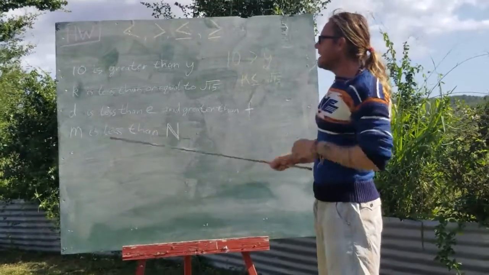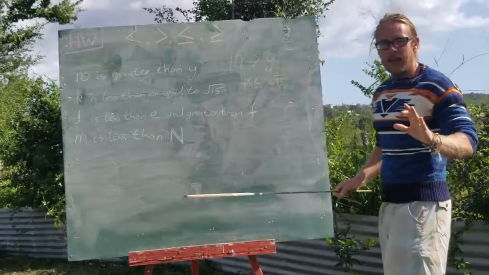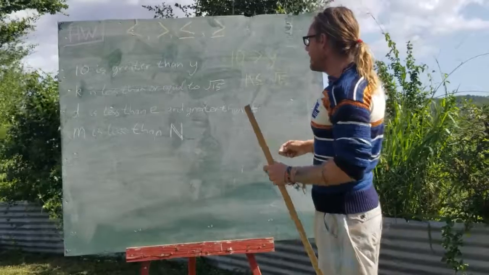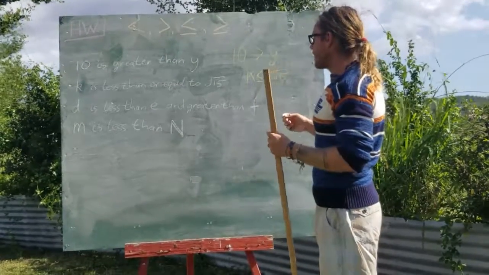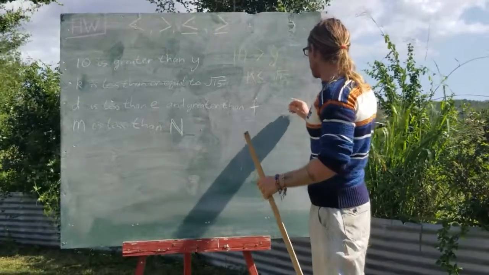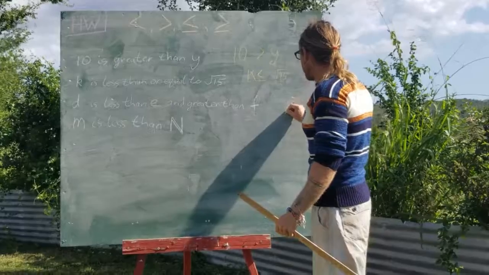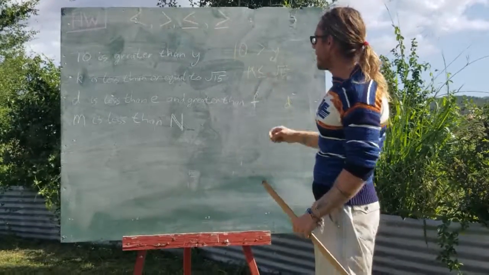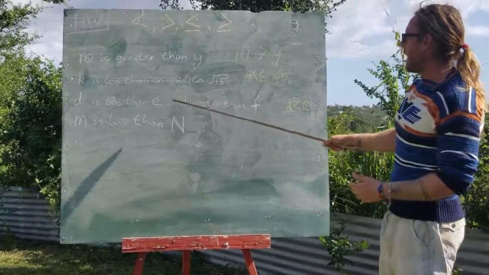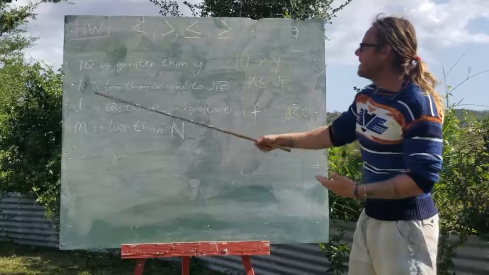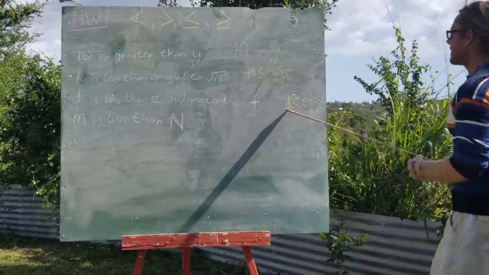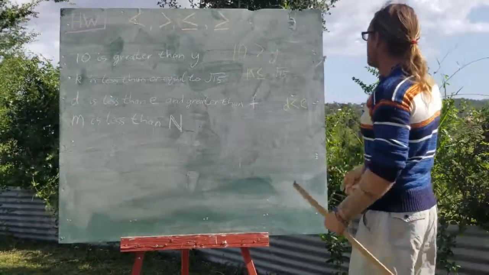All right, d is less than e and greater than f. All right, so we've got three of these. We have to get all the relations right to make a true statement. So d is less than e and greater than f. So let's just start with d is less than e. How could we write that? Well, we could write that as d is less than, we're used to that, e, and greater than f. Well, what is greater than f? D. D is less than e, and d is greater than f. So d is less than e, but d is